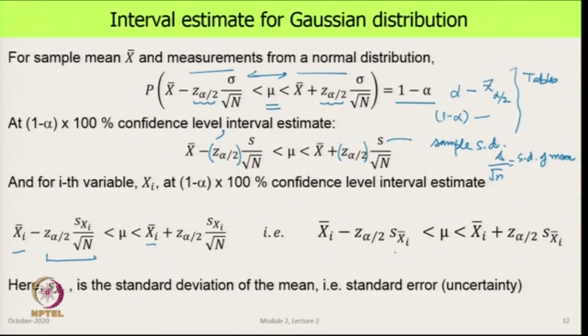Or if we express it in terms of the standard deviation of the mean, the relation becomes this, and in uncertainty analysis, this is what we will be using most of the time. Here we give it a new name, s_xi bar is the standard deviation of the mean. This is what statistics teaches us. This is known as the standard error, which we will later on also call the standard uncertainty and take it forward in our analysis. So, that is an important thing that we have got, and this is of great value to us.